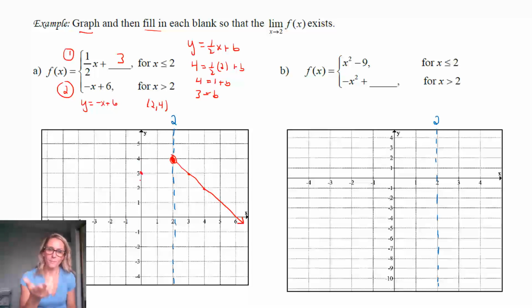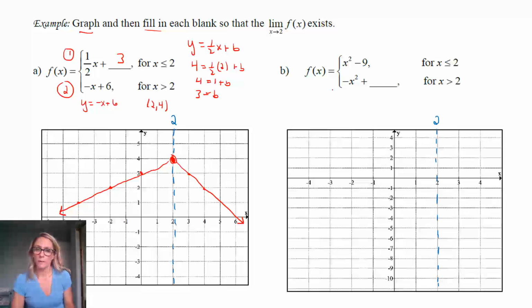And that is on that line because it's when x is less than or equal to 2. So that also is included. And we can go down 1 and over 2 and like that. And then we just have our other line that is a little bit different than the first one and looks like that. But now we have a limit that exists for x equal 2 as x approaches 2. We do have a limit now of 4.